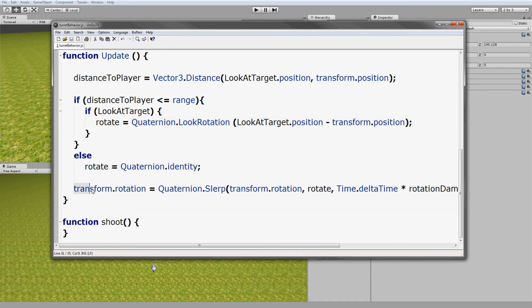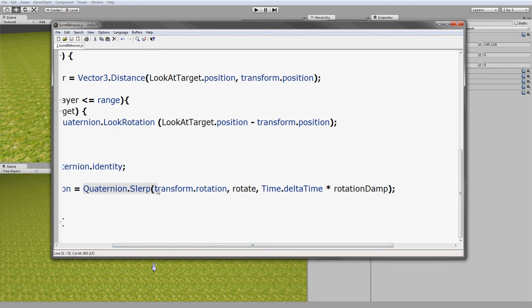You give it a start point and an end point, which, if you remember, the rotate is the rotation that you're trying to get to if you're looking directly at the player. So this would be your start point, your current rotation, and your end point, which would be your desired rotation, and then you give it a time variable,